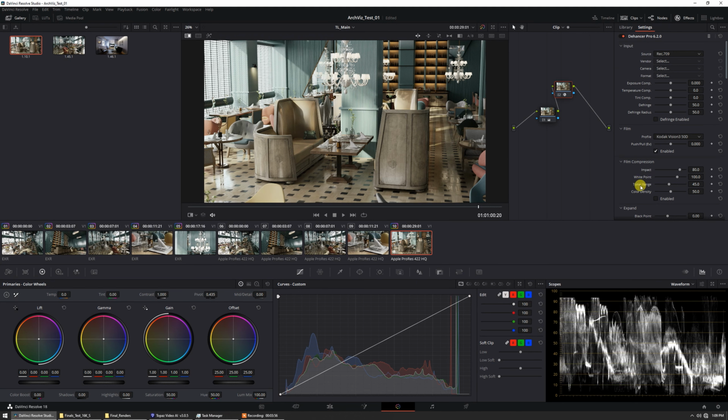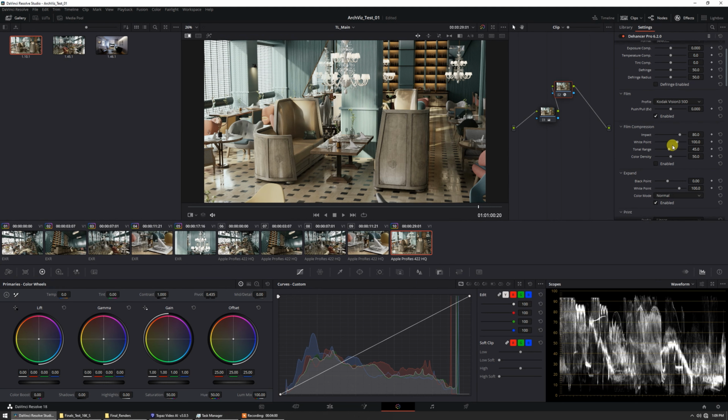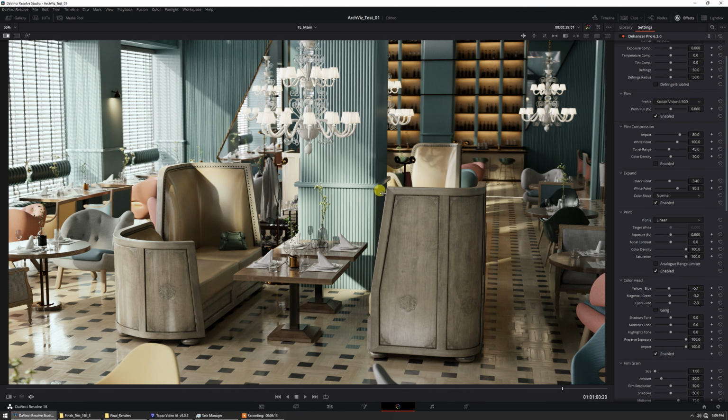Let's go ahead and look at the original. There's the original. So we definitely need to adjust our black point a little bit, and we'll adjust the white point too. So we'll have that right at the clipping level. That's okay, it's not a big deal. So now we have